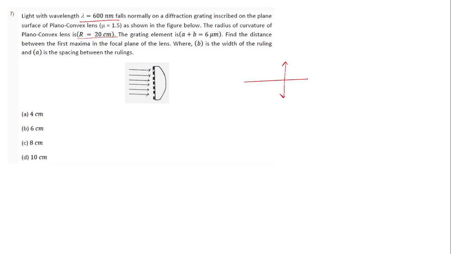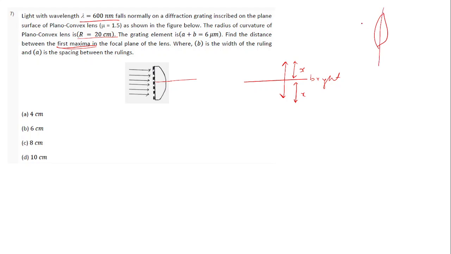So we know at the center we'll have bright intensity, then at a distance of x from the center on both sides we'll have the next, first maximum, because this is the zeroth order. The first maximum we'll be getting on either side, on the focal plane of the convex lens. So what do we mean by focal plane? When we have a convex lens like this,